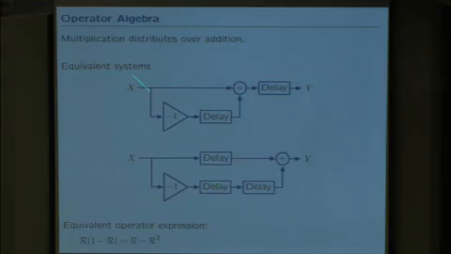So the idea is that if multiplication distributes over addition, we should expect that R applied to 1 minus R would give R minus R squared. And we can, again, get a feeling for why that ought to be true by thinking about the signal flow paths. This one says take the 1 minus R operator and apply it to X, then apply R to the result, as opposed to this one, which says apply the R operator to X, then apply the R squared operator to X and subtract them. If you think about the signal flow paths through those two systems, they're also the same two signal flow paths.